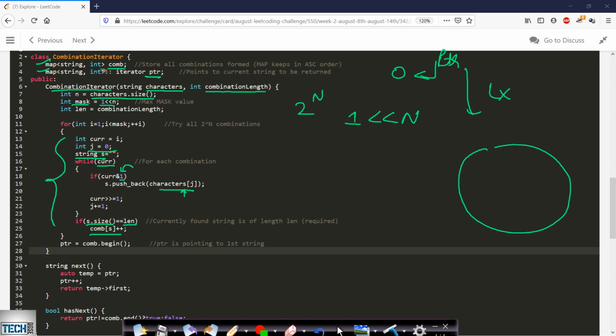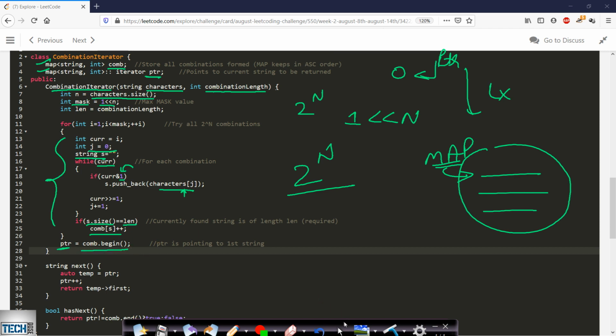So in this case I have taken a map. Now after performing all these operations for all the 2 to the power n combinations, we will be having all the strings which we need in lexicographical ordering, because we are using a map which will maintain the lexicographical order. After that we will make the pointer point to the first string, okay, which will be combination.begin.